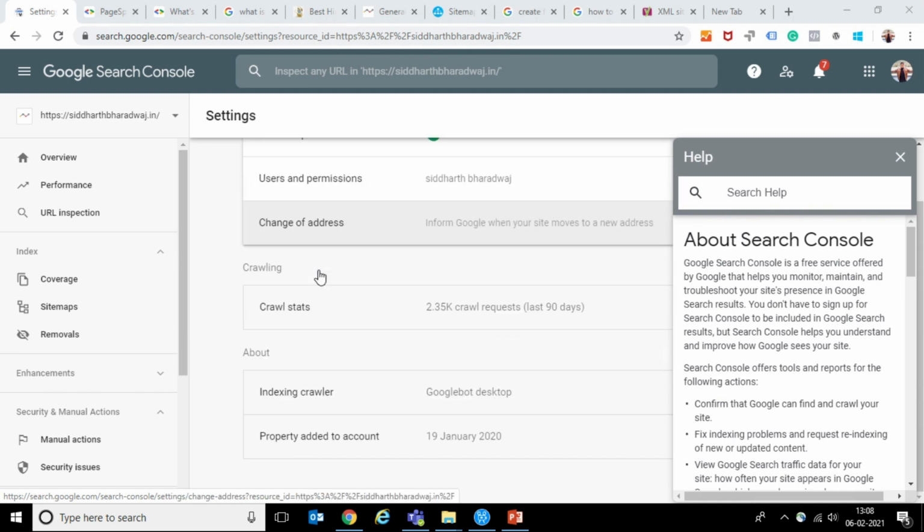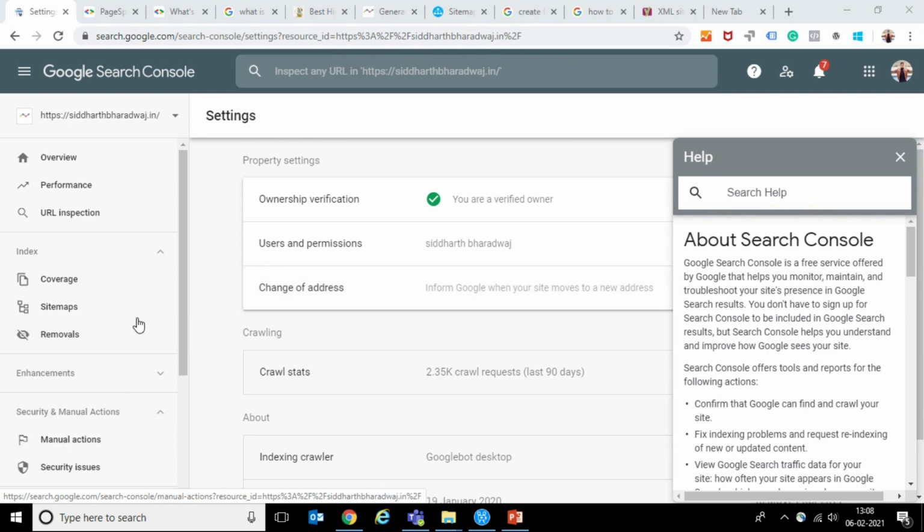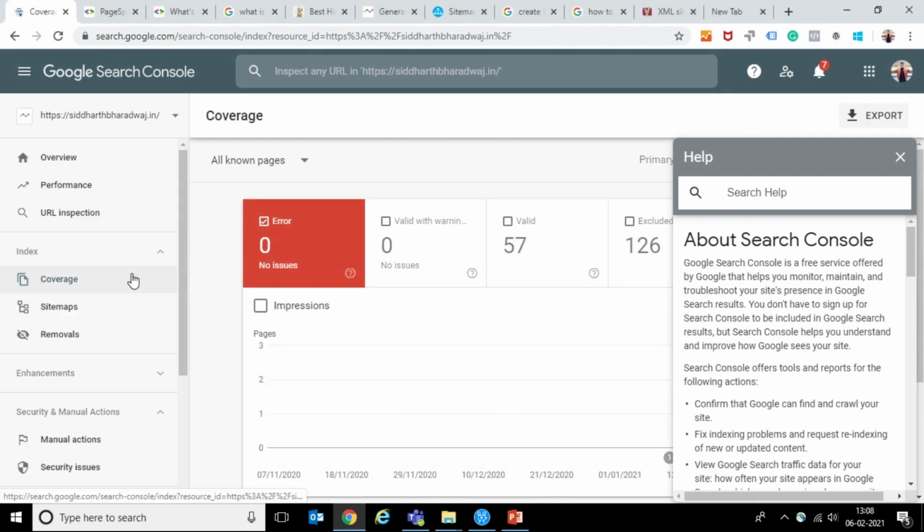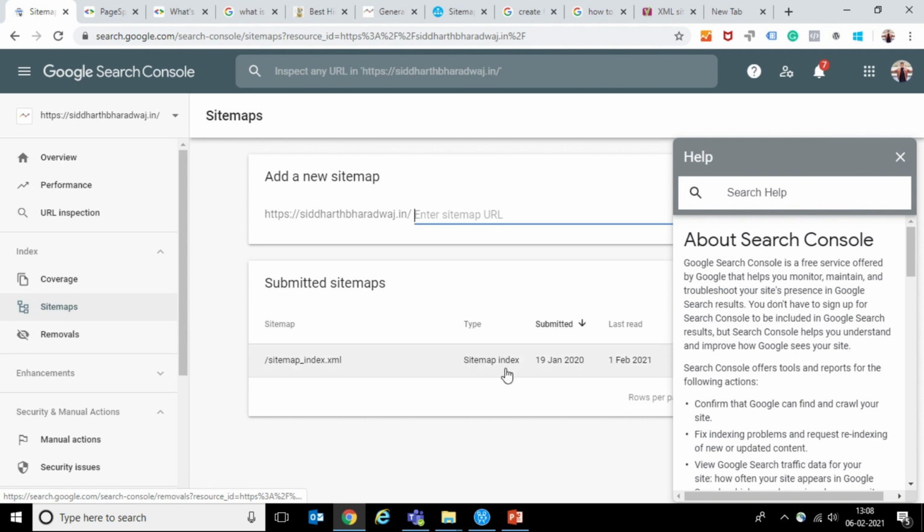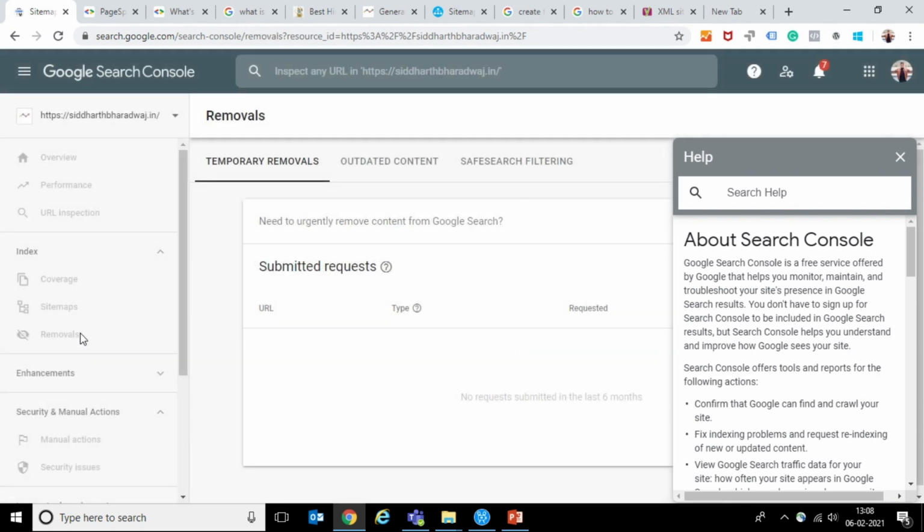Going to settings, we can see that you can get ownership verification here. Nothing much to be discussed in this space, but overall, I think you got an idea of what Google Search Console is. Broadly, it talks about how many links it is covering, what the sitemap is currently showing as a status, and if you have removed any link. So this is all a part of indexation, which I was talking about.